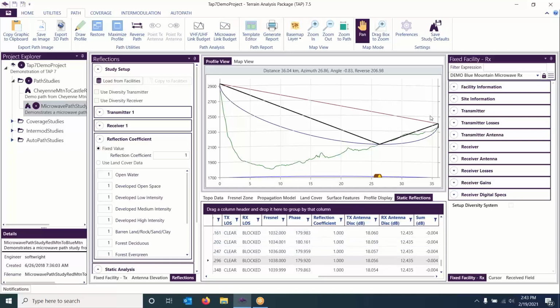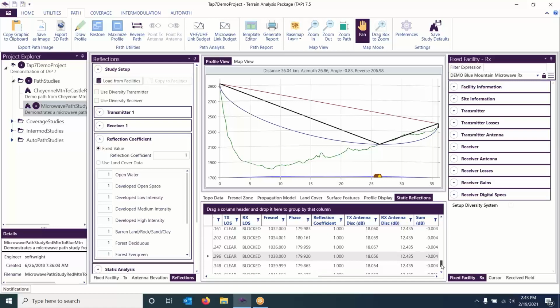And the RX antenna discrimination is the difference between the direct signal and the received signal from the receiver's point of view. So in this case, you got 18 on this side, 12 on this side. And the sum, in dB, is the effect on your total signal. Now, in this case, you have significant transmitter and receiver antenna discrimination. So the sum is fairly low.